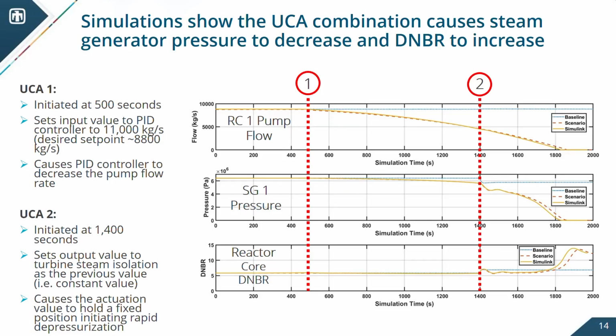At 1,400 seconds, that's 900 seconds after the first UCA on that reactor coolant pump, we actually initiate the second one. And one of the things that's really, really important is that the second steam generator UCA results in rapid depressurization. And you'll see this in the information harm triangle on the next slide. But the one thing that we didn't expect is the DNBR ratio. And people that aren't nuclear engineers won't understand what that is, so I'll explain it. DNBR is the departure from the nucleate boiling ratio. Okay? So what this is, it's just like when you jump in a pool, right? You jump in a pool, and it's all water, and it really cools you down a lot faster than the atmosphere.